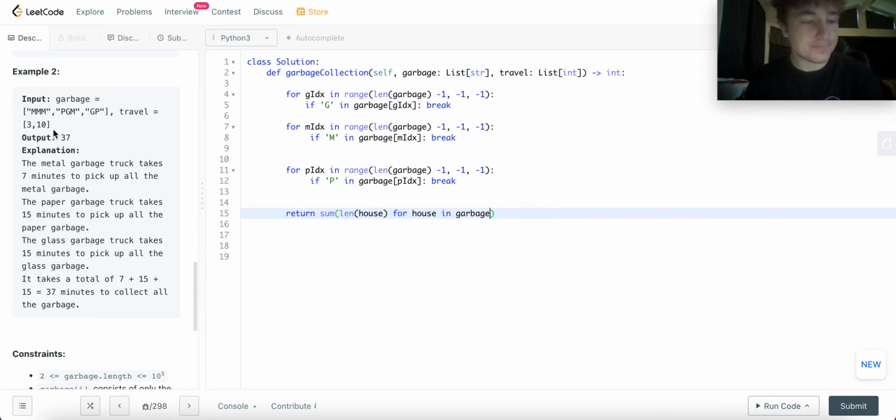Right? Because the length of this is the number of items we have to pick up at this house. So I'm basically saying all the items, we're going to have to pick them all up, and it's going to take 1 minute to pick them all up. And then what we're also going to have to do is incur the cost of picking up all the garbage, right? So